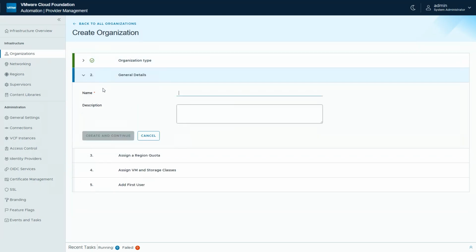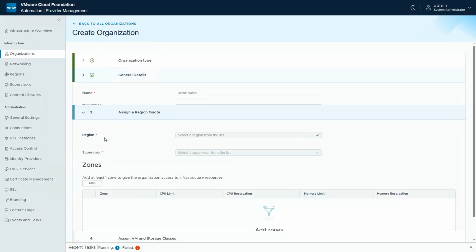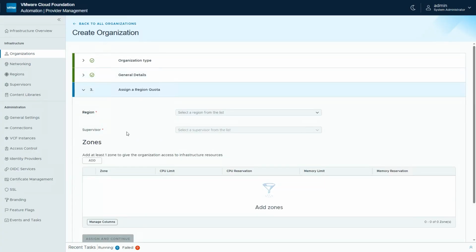We're going to provide a name for our organization. This is going to be ACME Sales. And we're going to create and continue. Really look at the word create, because the minute you click this button, it will create the organization. So even if I cancel out of this workflow, we will have an organization called ACME Sales, but it won't